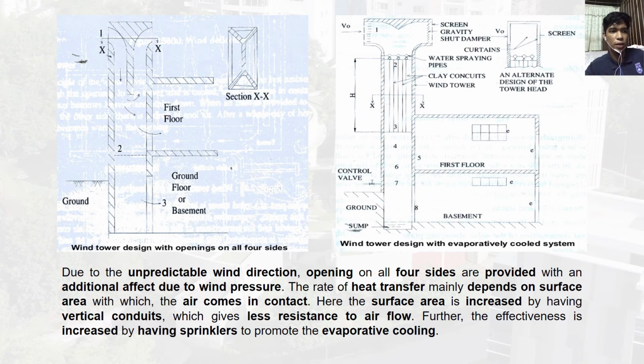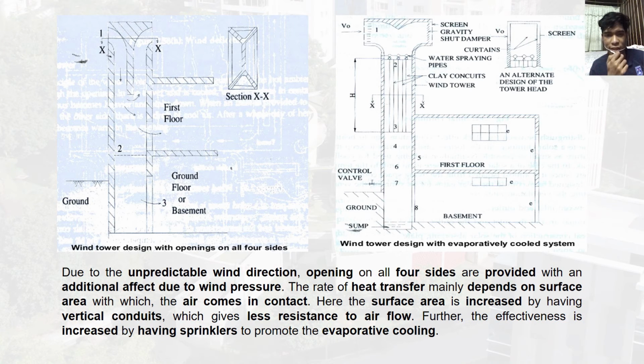This is a wind tower design with opening on all four sides. The first floor, the ground floor or basement, and this is the section XS as you can see. From this, there are screen, gravity shock damper, curtains, water spraying pipes, clay concrete, wind tower, first floor and basement. Due to the unpredictable wind direction, openings on all four sides are provided with an additional effect